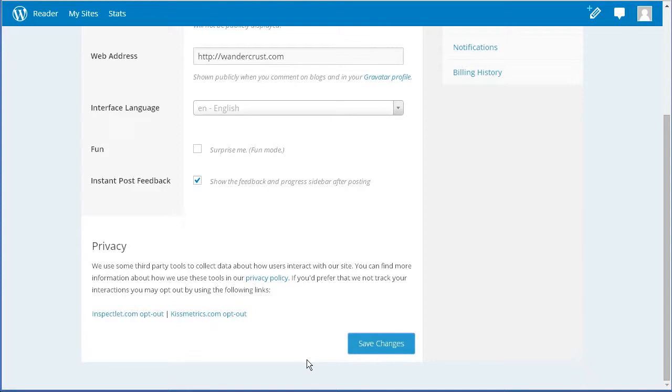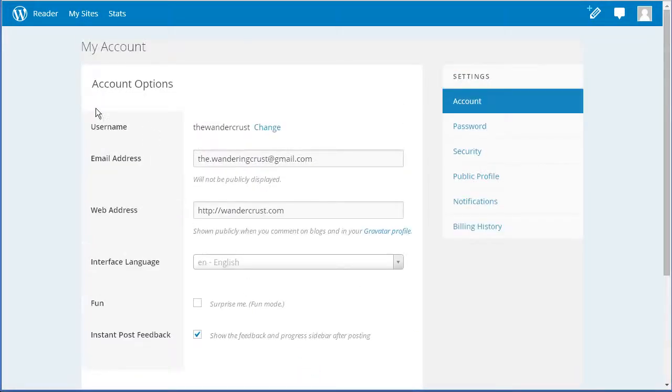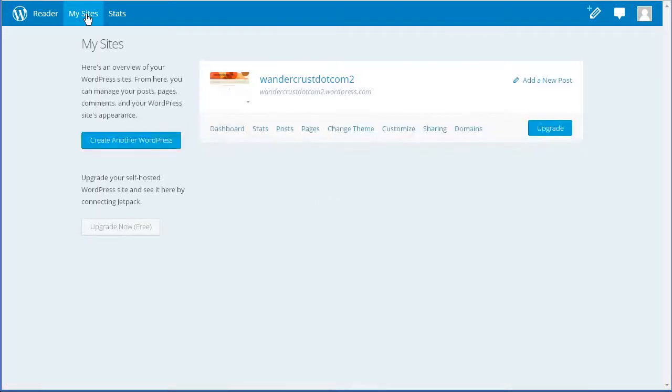And let's actually now come and look at the blog itself. So far, we haven't even seen what our blog looks like. So under the second option in the navigation on the top left, you can come to My Sites. If you've created multiple blogs, they're going to show up in this My Sites area. And in fact, if you want to create multiple sites or blogs, you can do that under a single username just by coming down here and clicking to create another WordPress site, which will be basically the same process, but